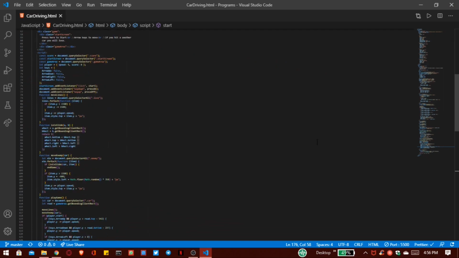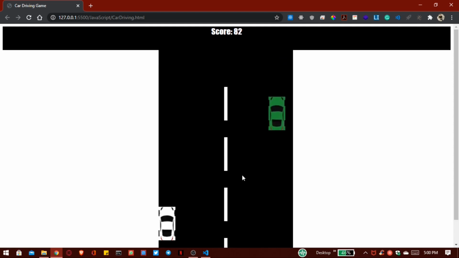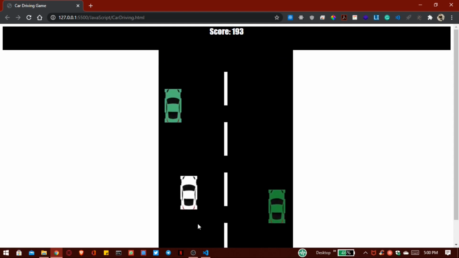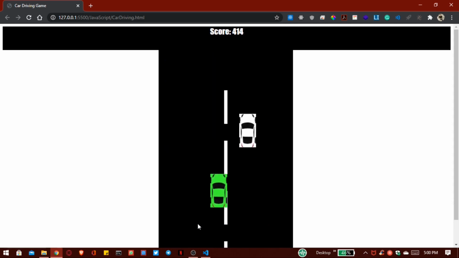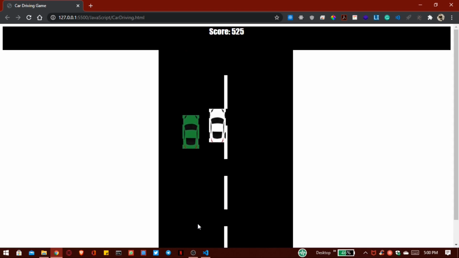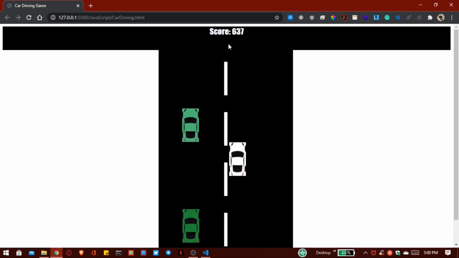Let's revise what we did in this video. We generated this car driving game using pure JavaScript. Here you can see there is a message at the home screen: press here to start, arrow keys to move, and if you hit another car then you will lose. Whenever I click on this message, I enter my game area, and this is our moving car that we control with our keyboard up, down, left and right. And whenever I go upward on my road, you can see our score is increased.